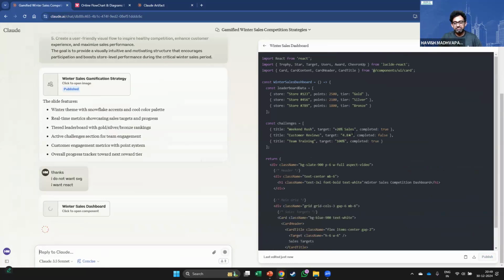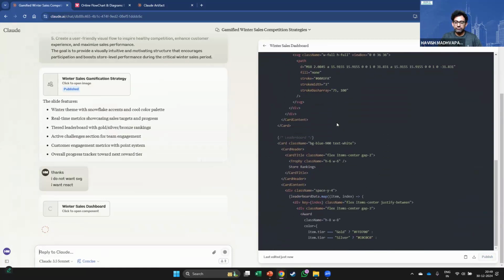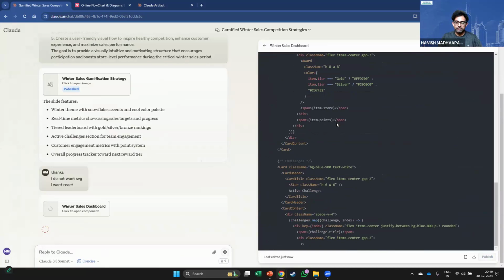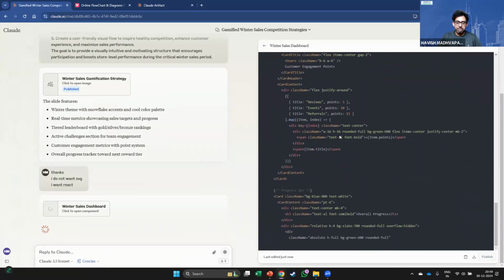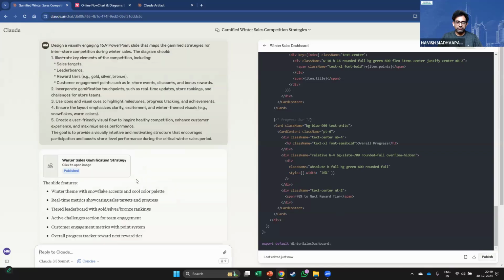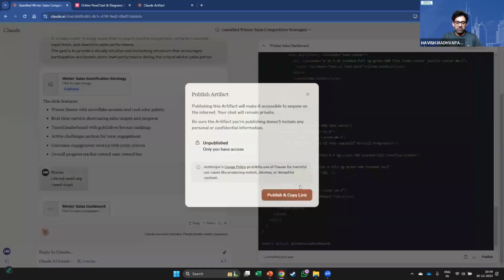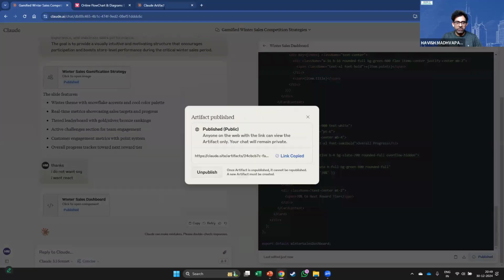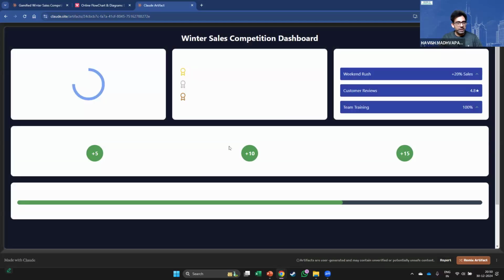Let it complete first. I think it got stuck somewhere, but let me try once more. Yeah, much better.